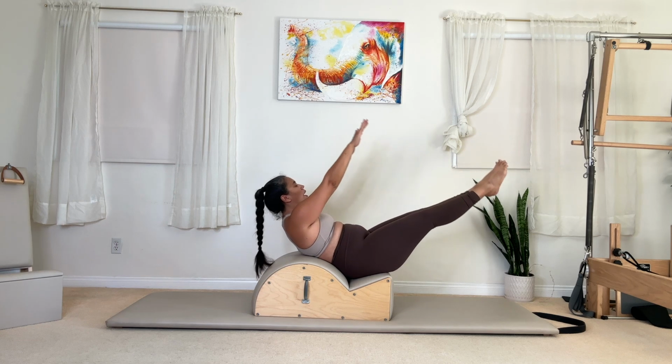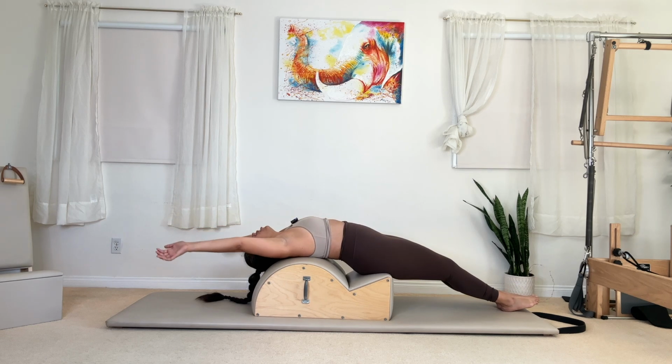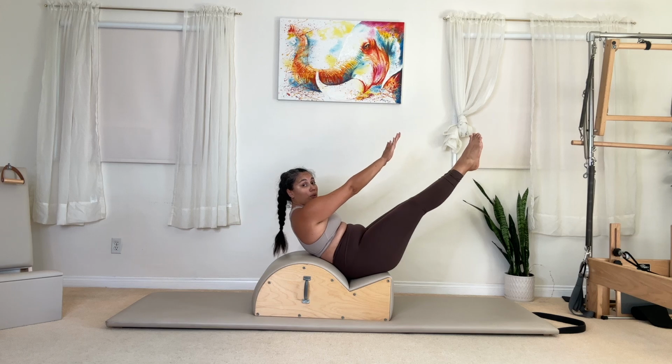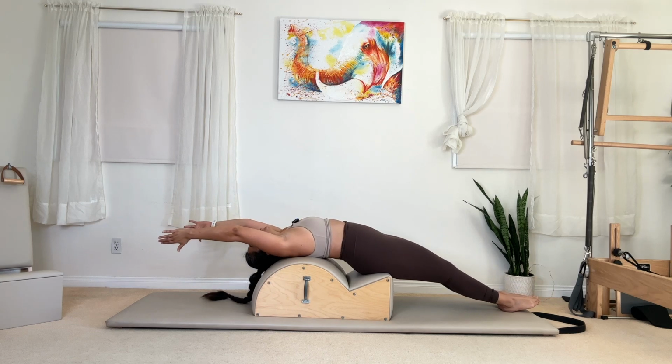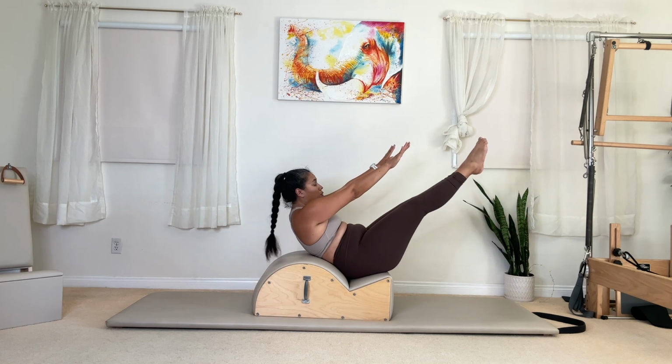If you want to, legs down as the arms go back. Inhale, exhale, arms circle around, chin to chest, legs lift up, find your teaser, hold, 3, 2, 1, legs down, arms go back, head back, circle the arms, tuck your chin to your chest, exhale, reach it forward, 3, 2,